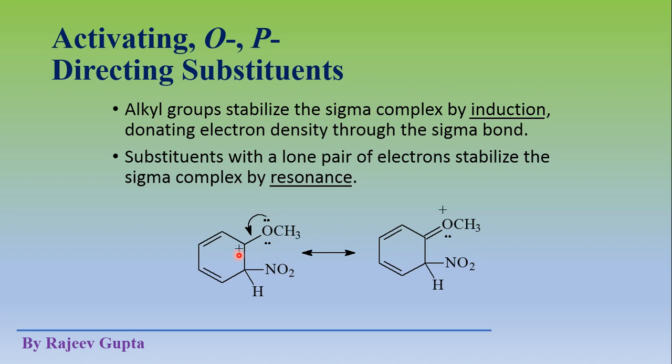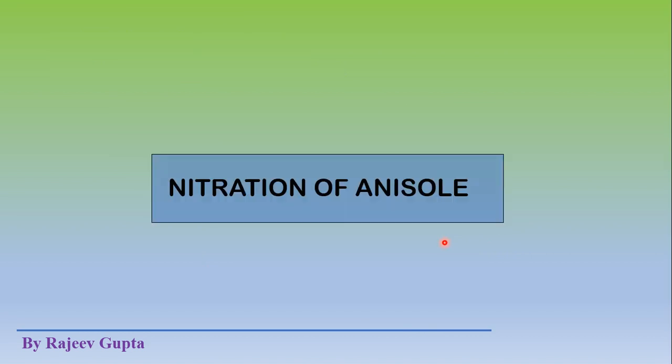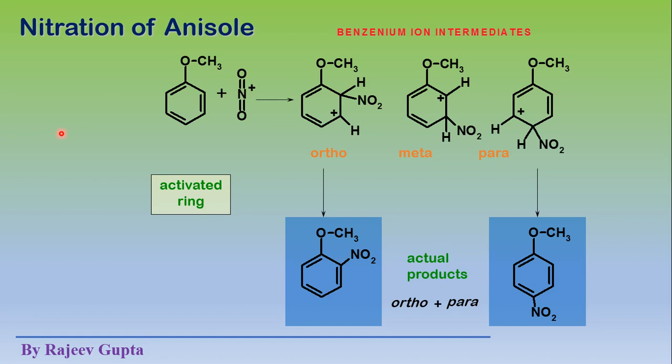See, the positive charge comes on this side, which is the ipso position. How is it stabilized? In the case of the methyl group, or toluene, we see only the inductive effect majorly, but in this case the lone pair shifts towards this side and forms a pi bond, and the positive charge comes on this oxygen atom. This forms an oxonium ion. The oxonium ion provides more and more stability to the intermediate. So this resonance structure provides more stability to this intermediate. So we get here a more resonating structure. So see this process in detail.